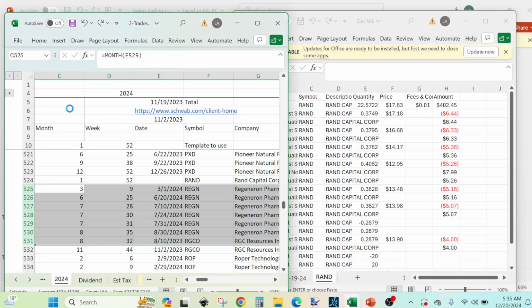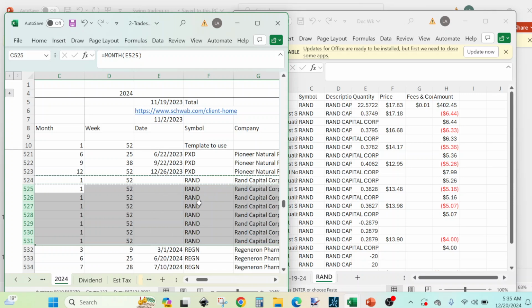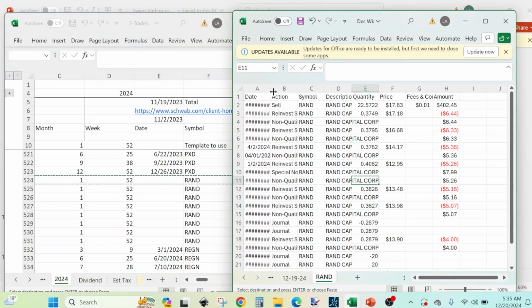Let's make sure I do not replace those entries, but just insert it between that and this one. So now that we have that done, we'll start from the beginning here,